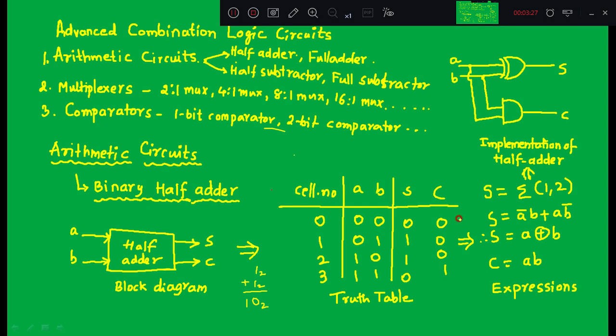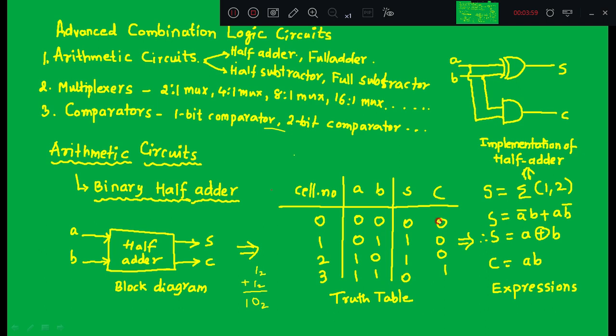In this case, for sum, at cell numbers 1 and 2 of the K-map, or row numbers 1 and 2, the output will be 1. So summation 1, 2, the expression is A bar B plus A B bar. This can be written as A XOR B. Sum is implemented using a 2-input XOR gate where A and B act as inputs, S is the output.